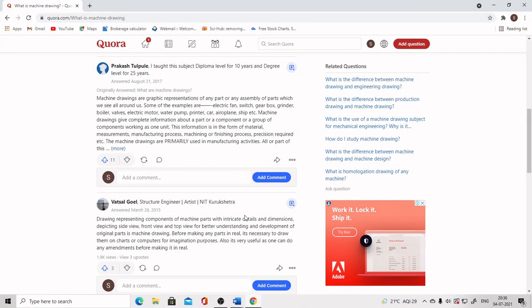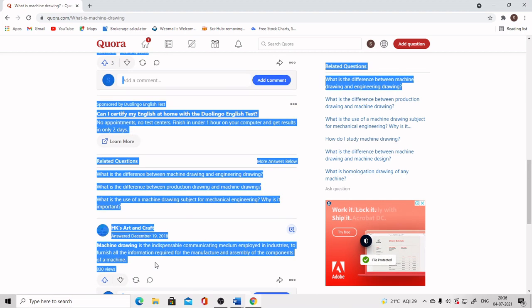Suppose you are copying content from the internet or from web pages. Let us take an example. Now you have some content here, and you are going to make a copy of it.